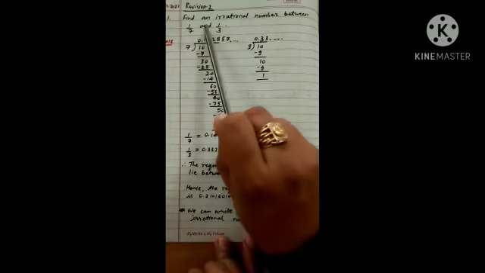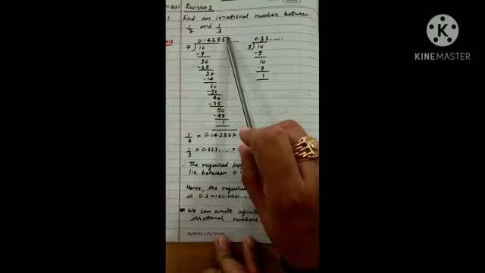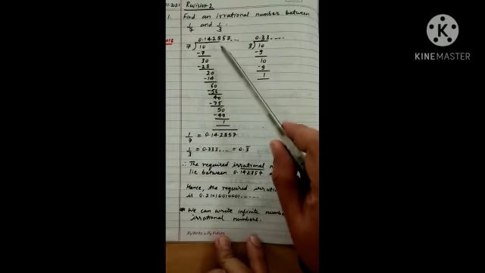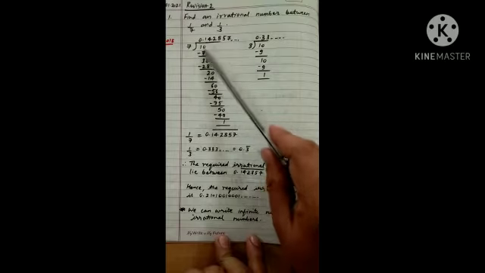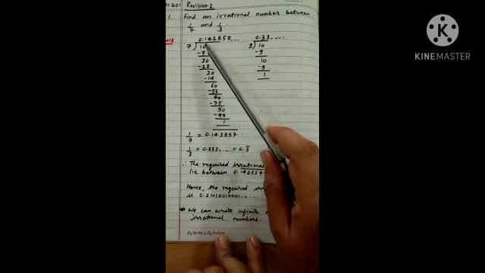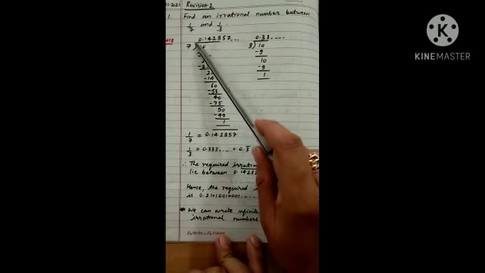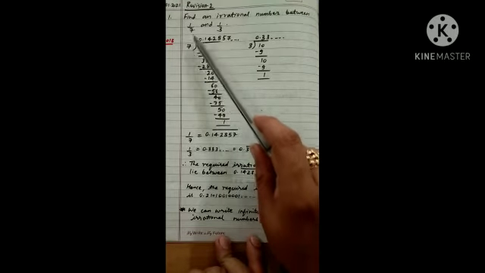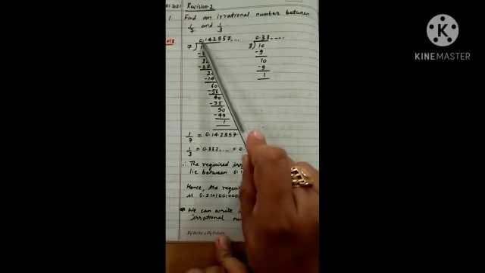Question number 1. Find an irrational number between 1 by 7 and 1 by 3. So first of all, we'll convert both these rational numbers into their respective decimal forms. On converting 1 by 7 into its decimal form, you can see its value